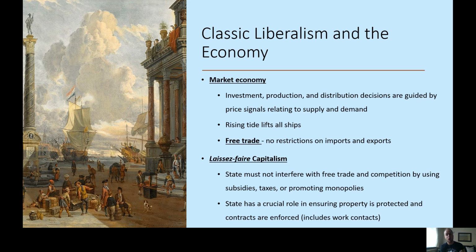Instead, the state must move away from the free market, and by doing that, it promotes individualism, freedom, and individual equality too. Now, the state isn't completely removed from the liberal economy. The state does have a crucial role in ensuring property rights are protected and that contracts are enforced, and that